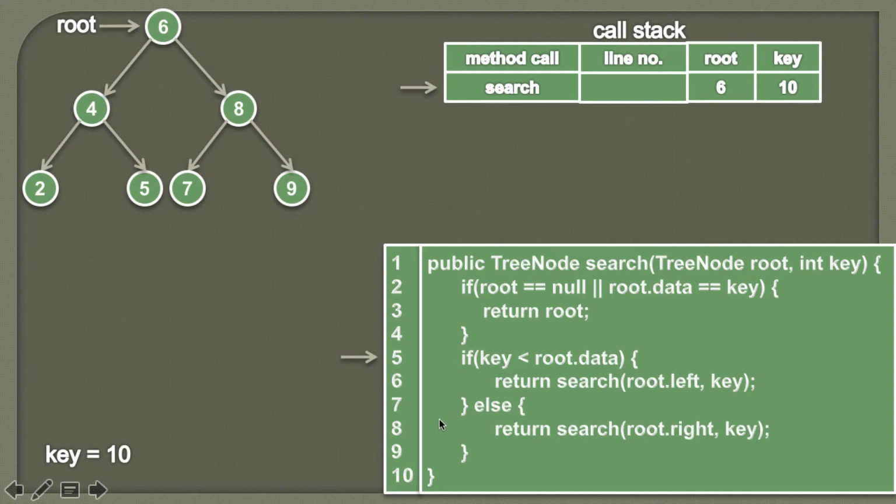And then using the three properties of the binary search tree, we will see whether 10 is lying in this binary search tree or not. So in the first step, we'll check whether key is less than root.data or not. So here you can see 10 is not less than 6. Therefore we know that 10 might lie somewhere in its right subtree. So the condition in the if block comes out to be false and the else part will be executed.